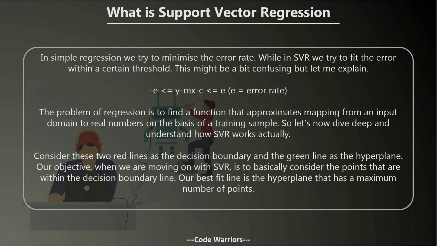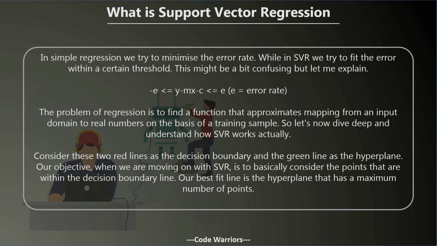Support vector regression works similar to that, but it sets a threshold for the error rate. For example, let's say it sets a threshold of 10%, so it will fit the data in such a way that it will neglect the error rate for the data points within 10%, but it will try to fit the data as much as possible so that the error rate will never exceed 10%. And that's how it works. It's a bit confusing at first to understand this algorithm, but we will go on and try to understand each and everything about the algorithm step by step.